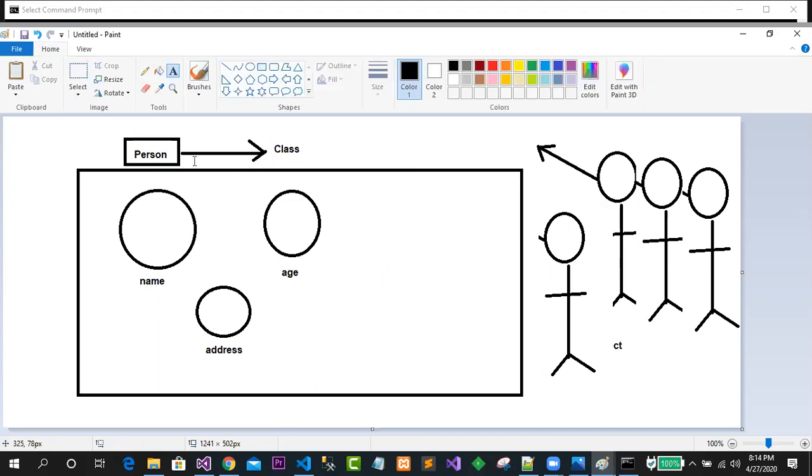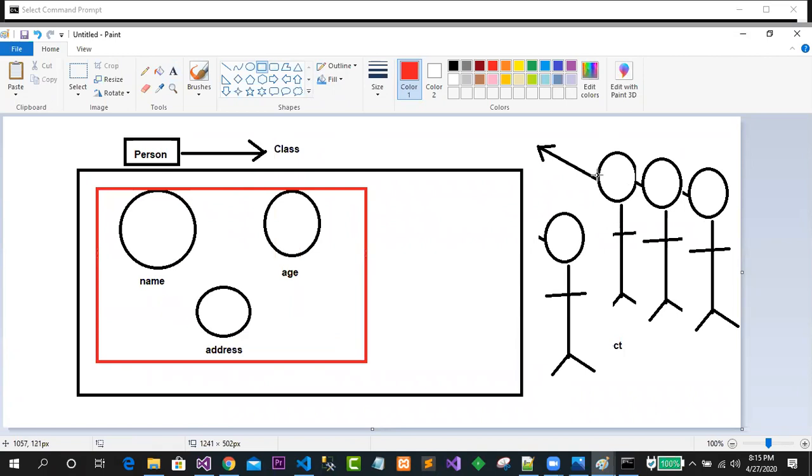It means that this person class has some variables, or we can simply say properties or fields: name, age, and address. All the persons are now capable of holding all three properties, and these properties can be held by each of these objects.